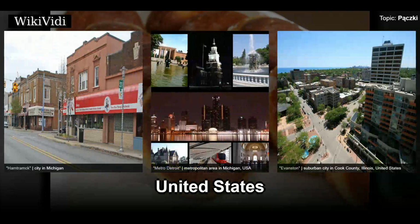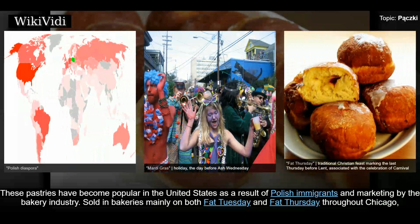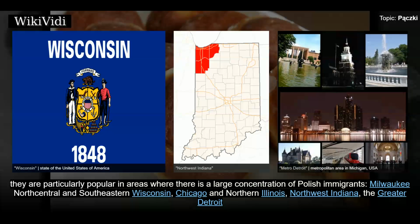United States. These pastries have become popular in the United States as a result of Polish immigrants and marketing by the bakery industry. Sold in bakeries mainly on both Fat Tuesday and Fat Thursday throughout Chicago, they are particularly popular in areas where there is a large concentration of Polish immigrants: